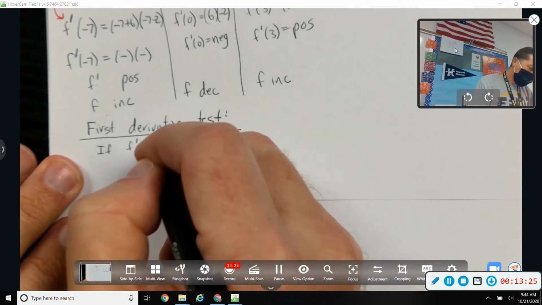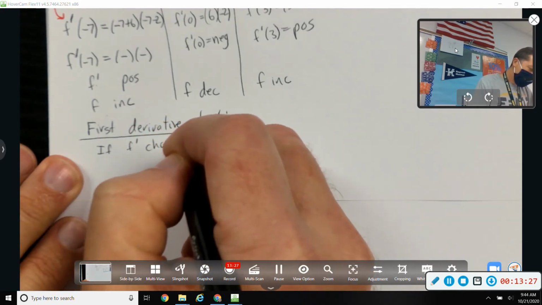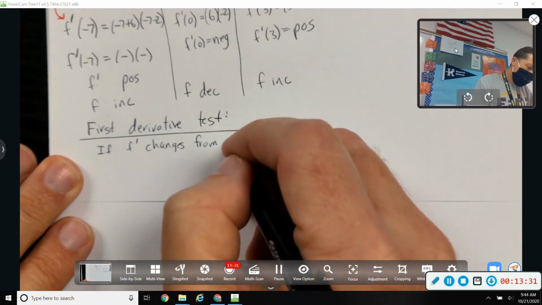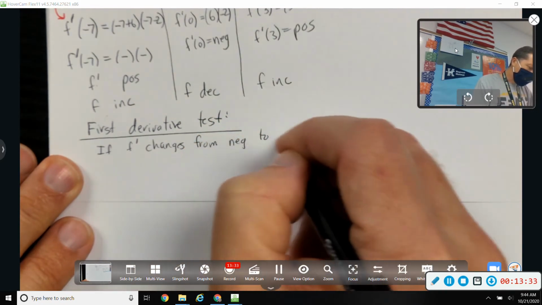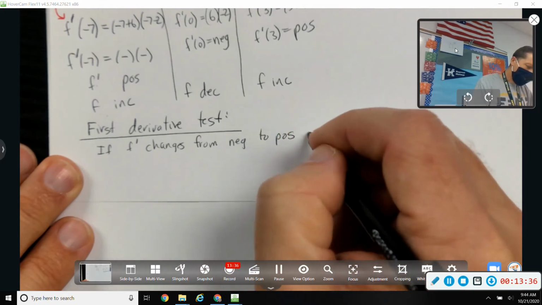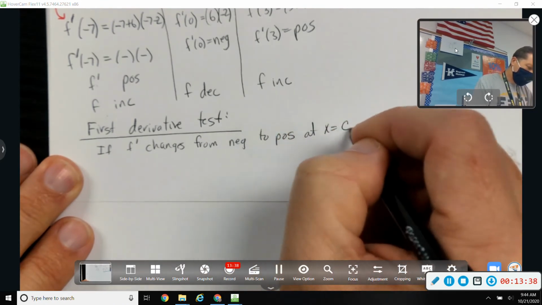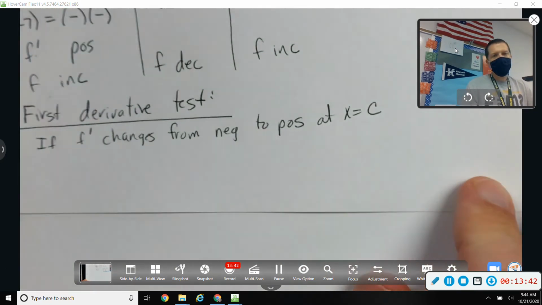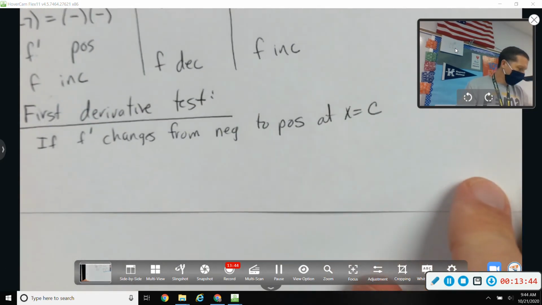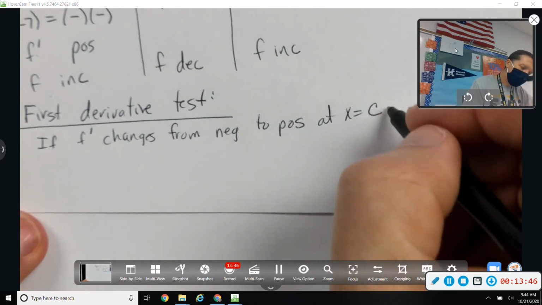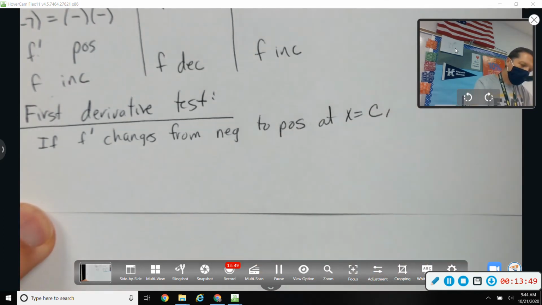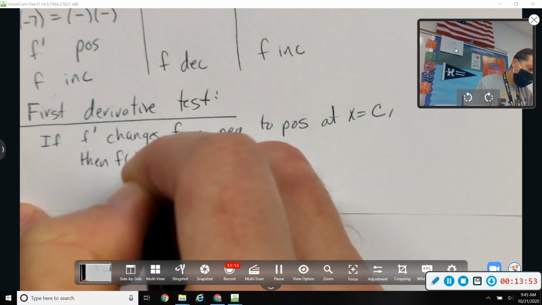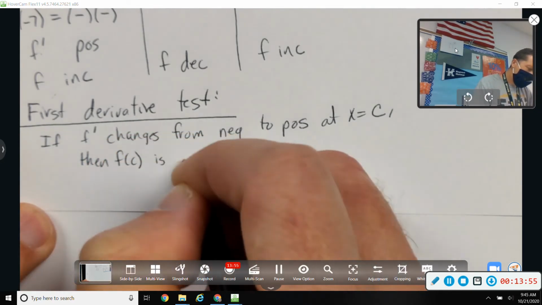If f prime changes from negative to positive at x equals c, then f of c is a